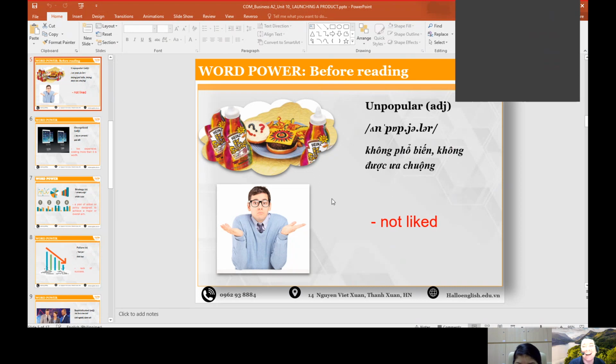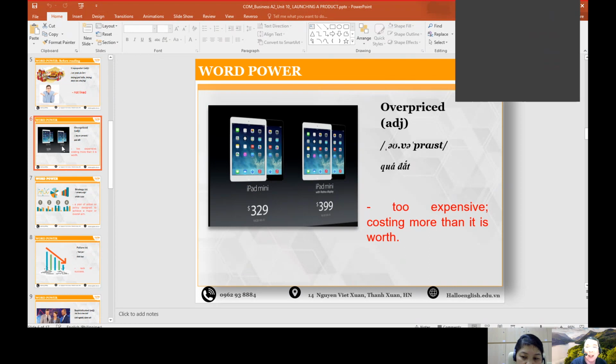I don't know, actually. Okay, actually, we have this one in the Philippines, but I don't know what this particular product is all about. Maybe it's a sauce. Okay. So therefore, if we don't know that particular product, we are talking about unpopular, because that is not liked. And the word unpopular is an adjective.